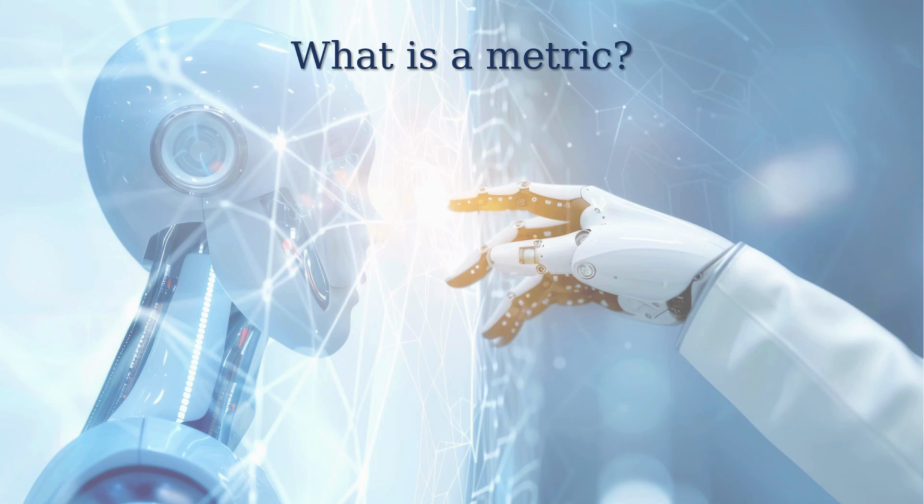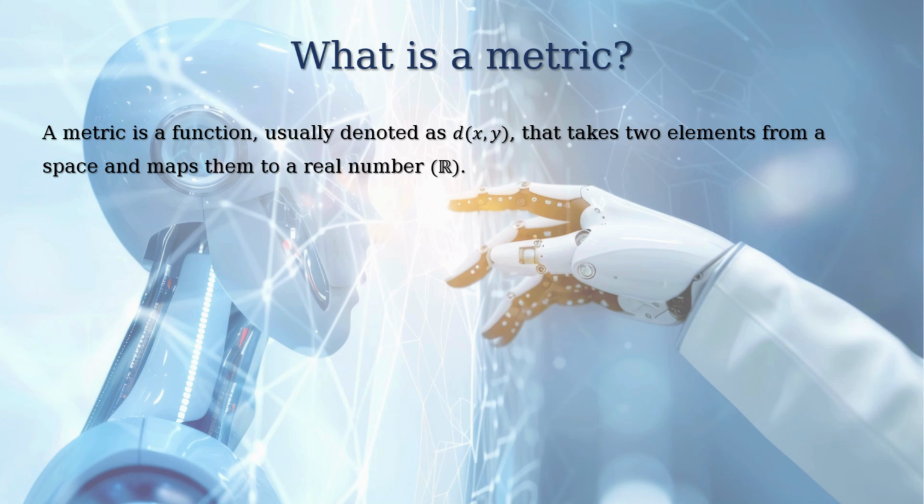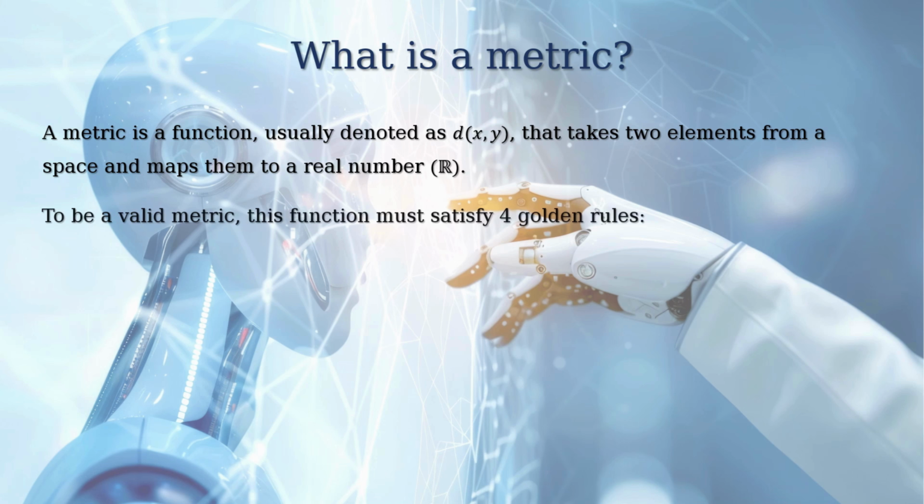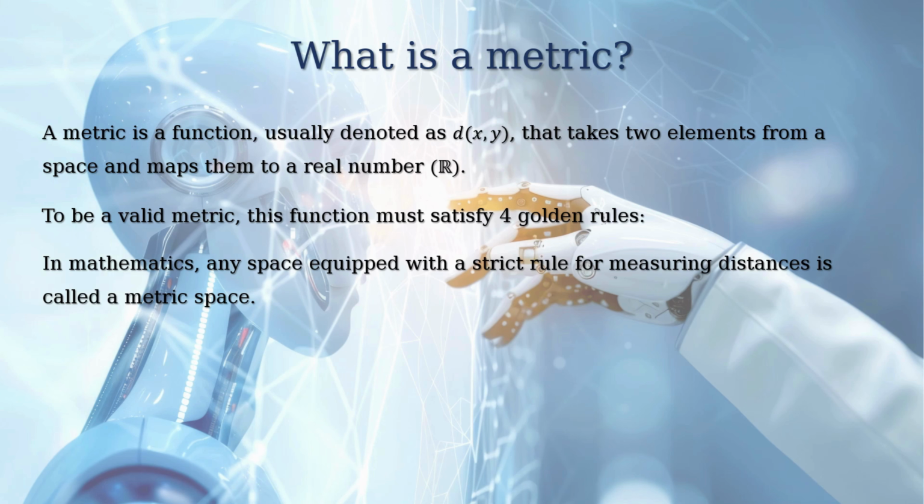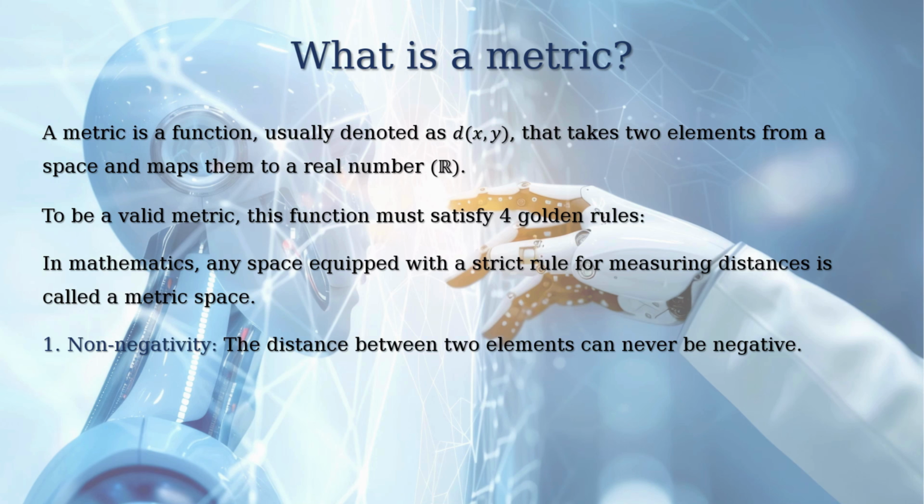Let's define a metric. A metric is a function usually denoted as d(x, y) that takes two elements from a space and maps them to a real number. To be a valid metric, this function must satisfy four golden rules. The four golden rules that a valid metric must satisfy are: